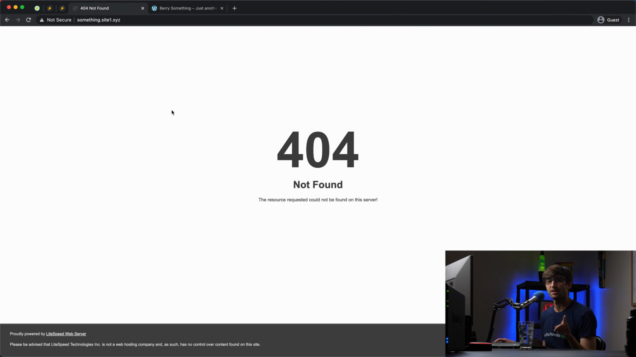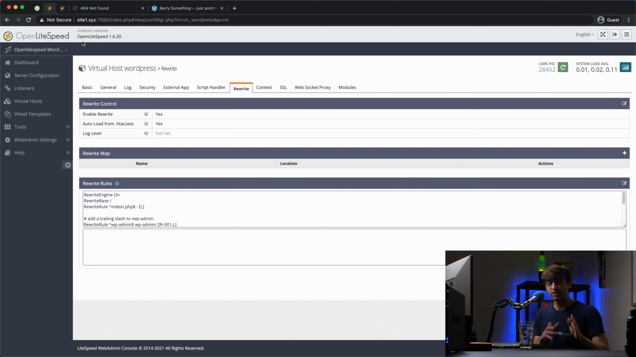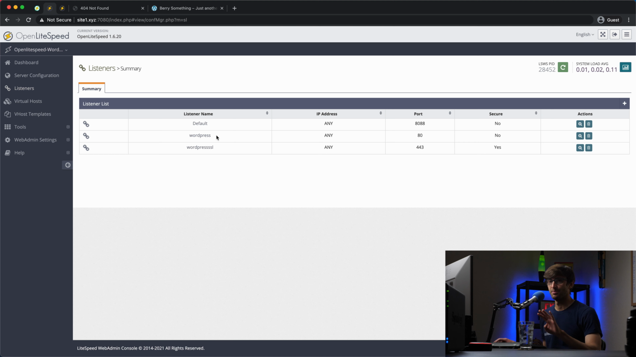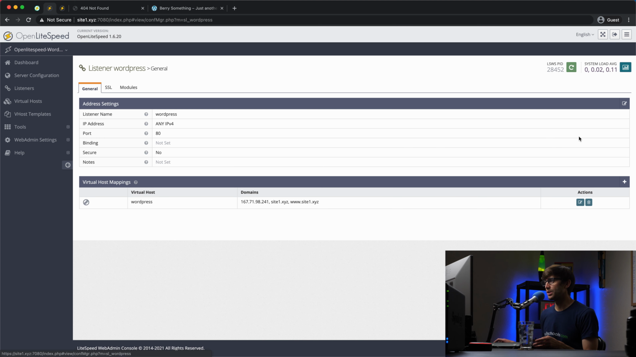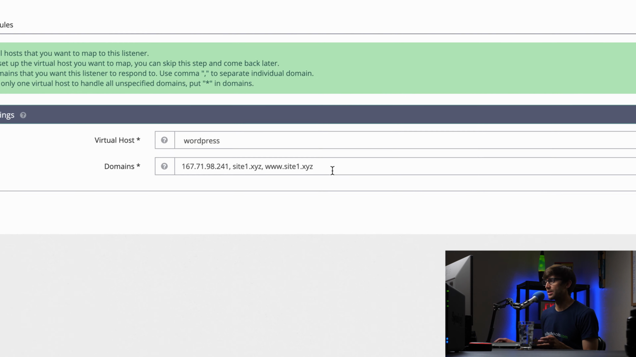Let me pause here. I think I know what's going on. Okay, and that didn't take too long to figure out. It's always hard to do these tutorials because I always forget to tell you to do something, but this is an easy fix. So let me show you and then I'll explain. So let's go into our OpenLiteSpeed admin dashboard for the subdomain case, which is site1.xyz. If we go to listeners, and we should have done this prior to installing WordPress Multisite. So if we go to listeners, we find our WordPress listener. We look in here and we edit the virtual host mappings. What we want to do basically here,